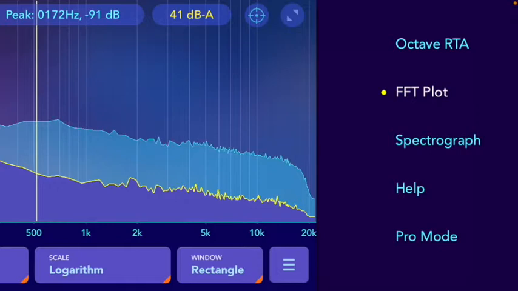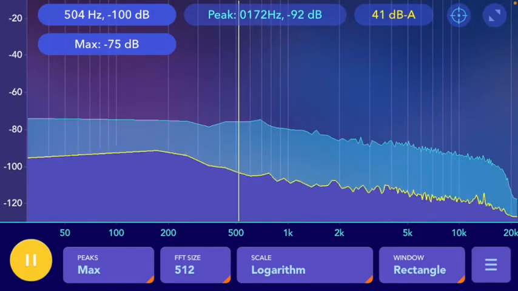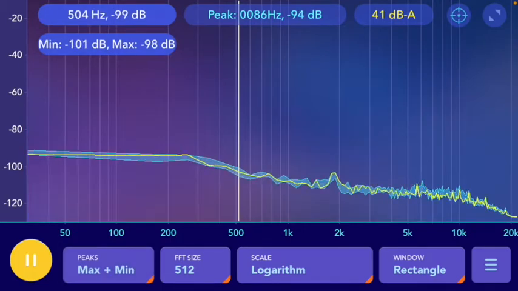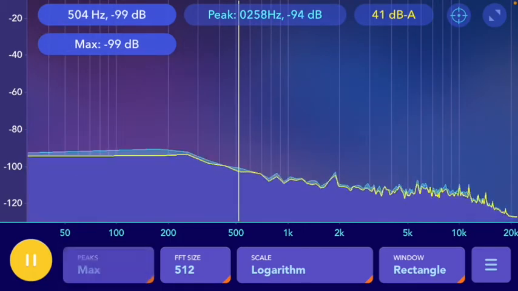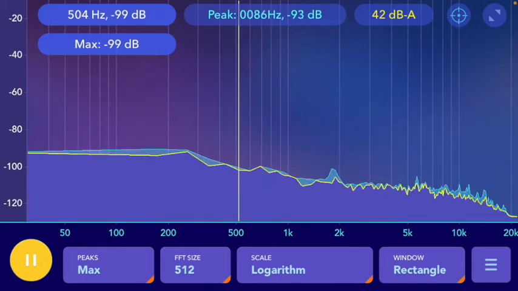Let's check out the FFT plot first. While the octave graph plot only measures sound in a select domain depending on the scale selected, the FFT plots sound continuously across the graph on screen. You can customize the FFT plot in a similar manner as the octave graphs by turning on and off the